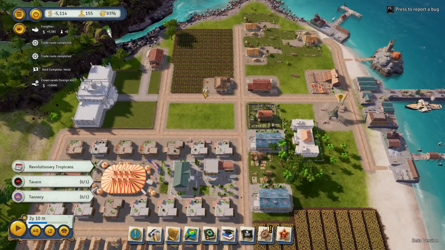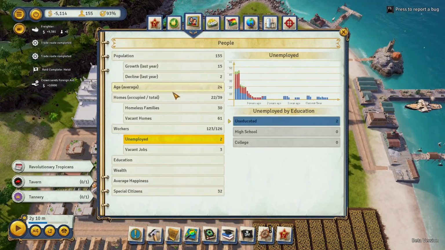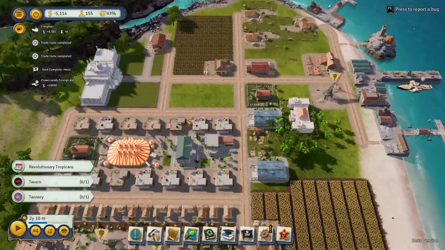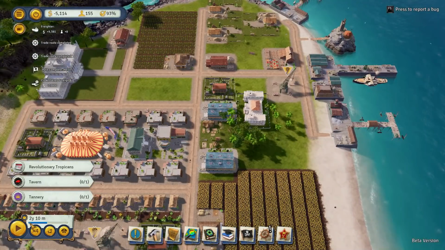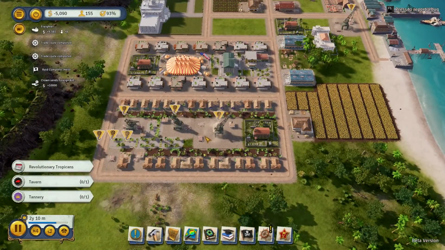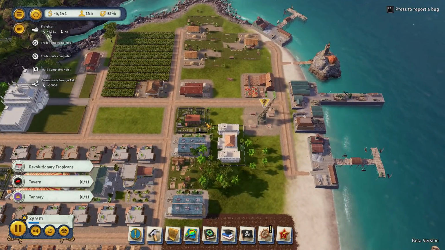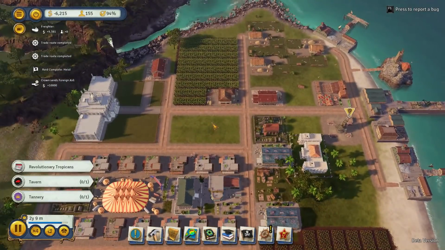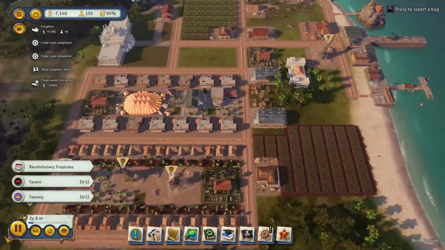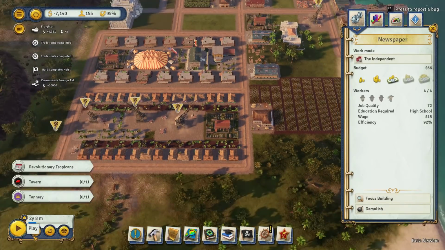And yeah. Now, one of the things I'm going to do here, let me just check my almanac. Vacant jobs 3. Yeah, we are starting to hit our pop limits here pretty soon. Now, we're going to be employing a few more people once these get built, but causing a spike in unemployment may do a little bit more harm than good. And at this point, I'm ready to transition. So let's set you to the independent